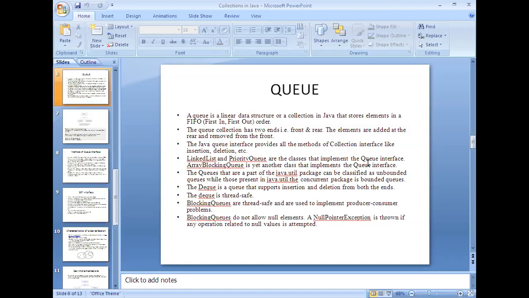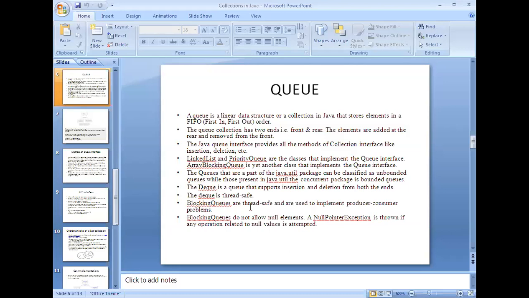Unbounded means there is no limit. You can store any number of elements. In the linked list, there is no restriction on size. The list continuously grows depending upon your requirement. But if you fix the size, like in stacks with the array implementation, or the array implementation of a queue, where we fix the size of the array, in that case we store only the elements within the maximum limit of that array.